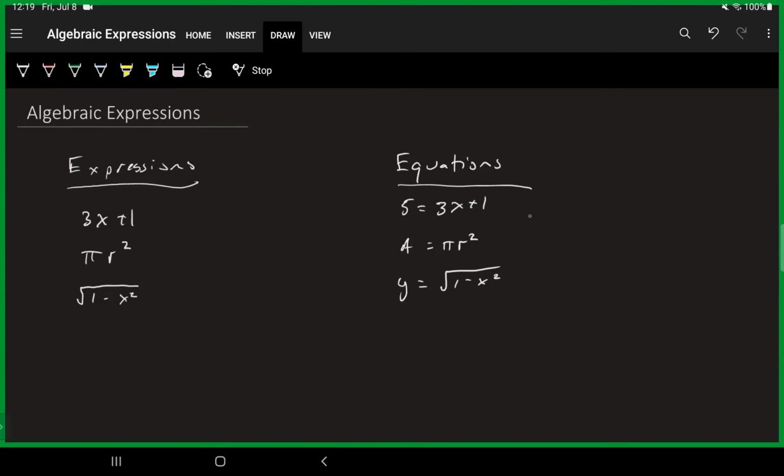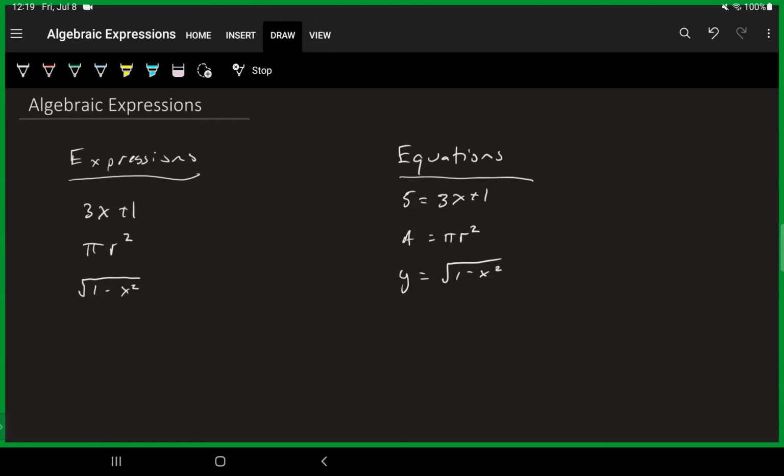We could do a lot more with equations. The first one, we could solve it. The second one is a formula. The third one is an equation with 2 variables, so we can do a lot of things with that. We can graph it and whatnot. And we'll talk about a lot of that stuff throughout the rest of this course. But today, in this lesson, we're going to talk about expressions.